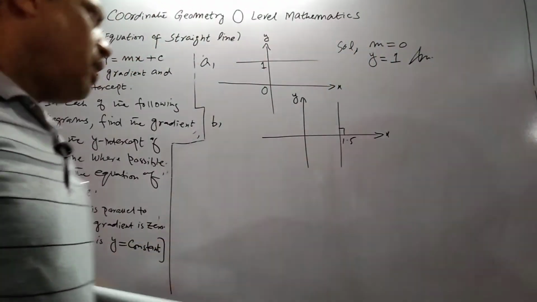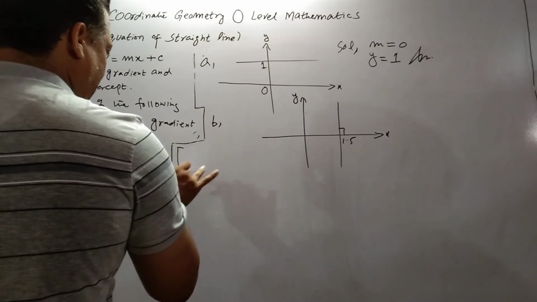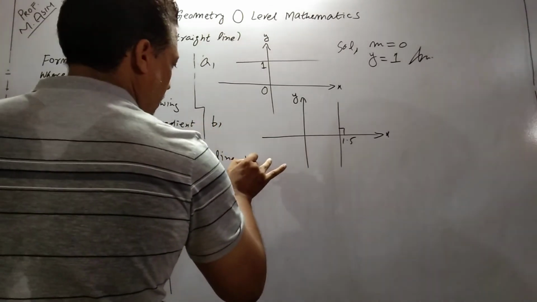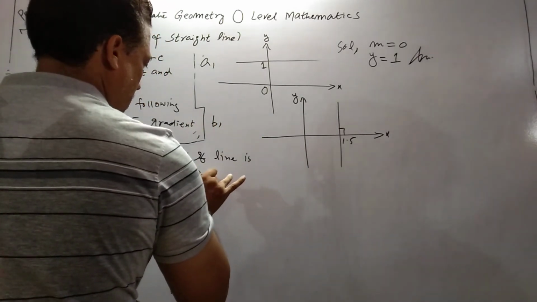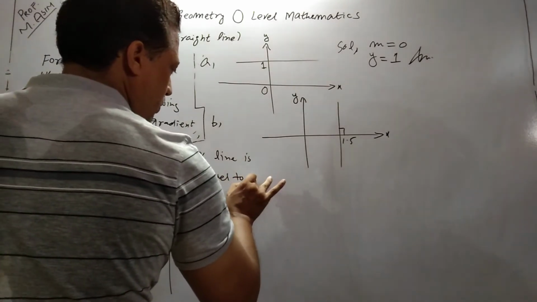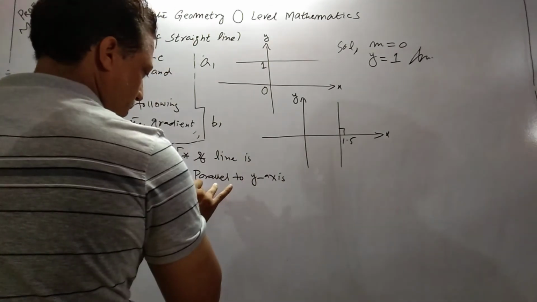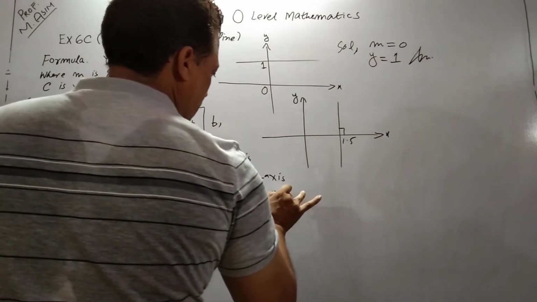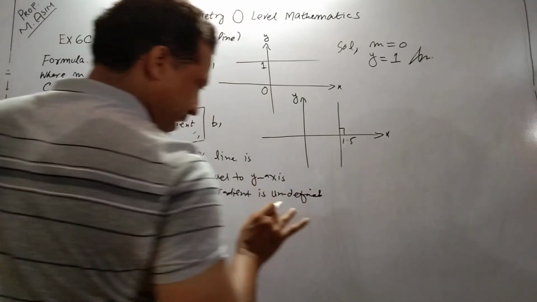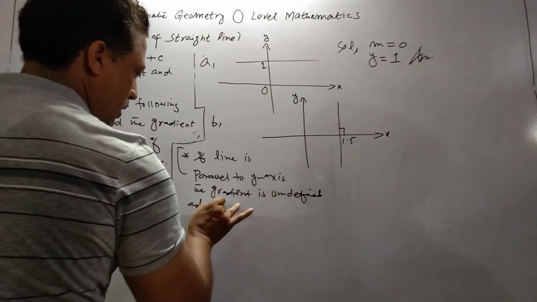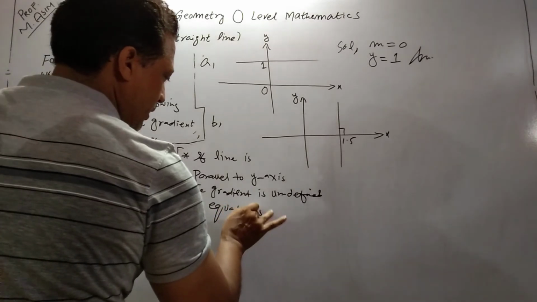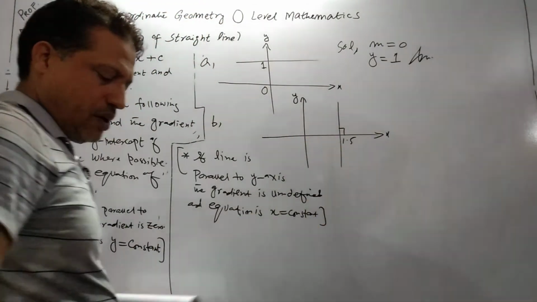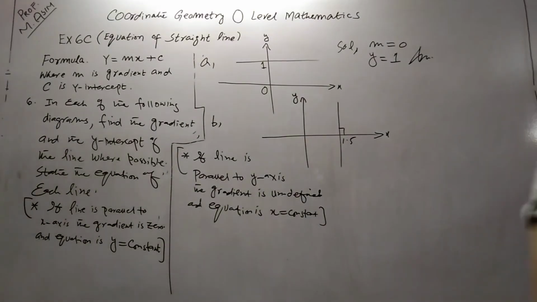Now, student, the second most important note is, if the line is parallel to y-axis, the gradient is undefined and the equation is x is equal to constant. What I wrote, if the line is parallel to